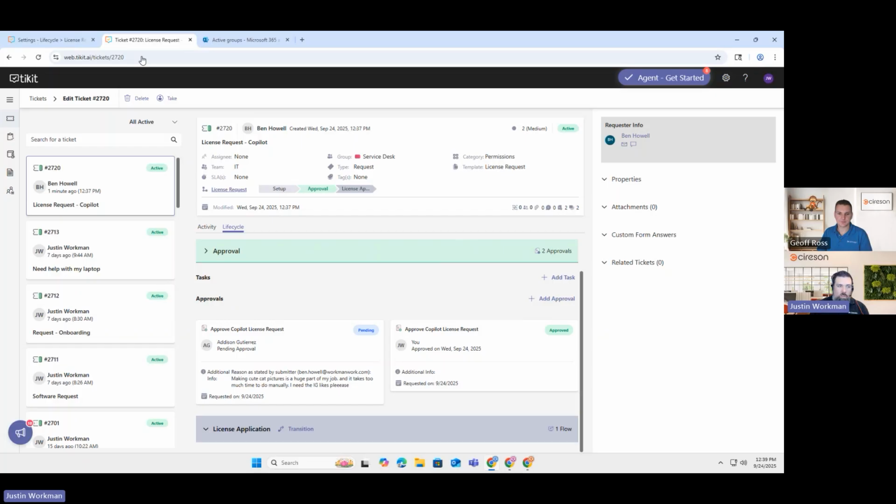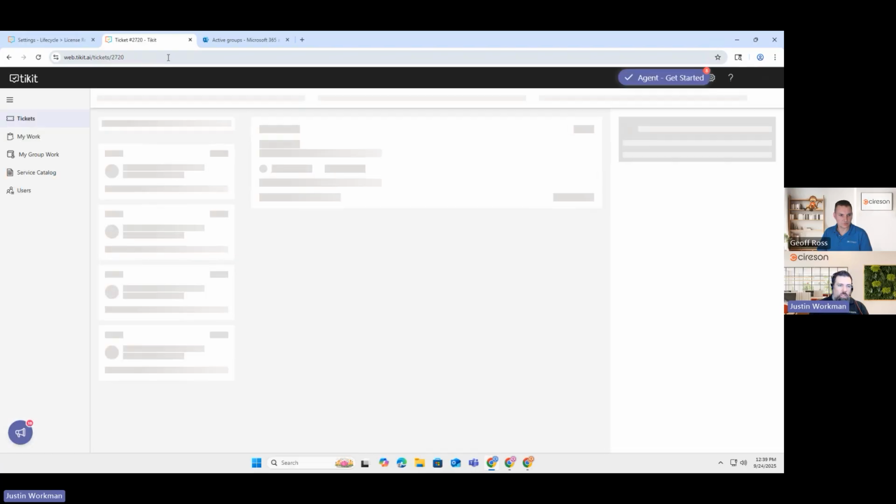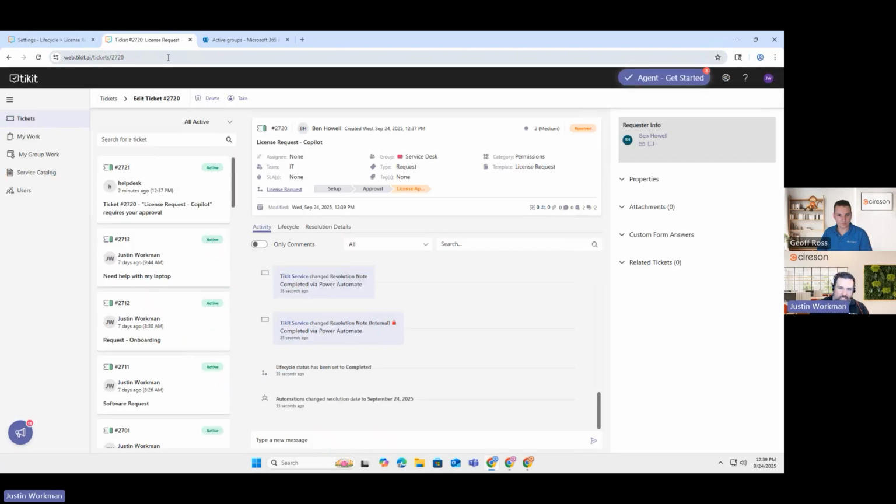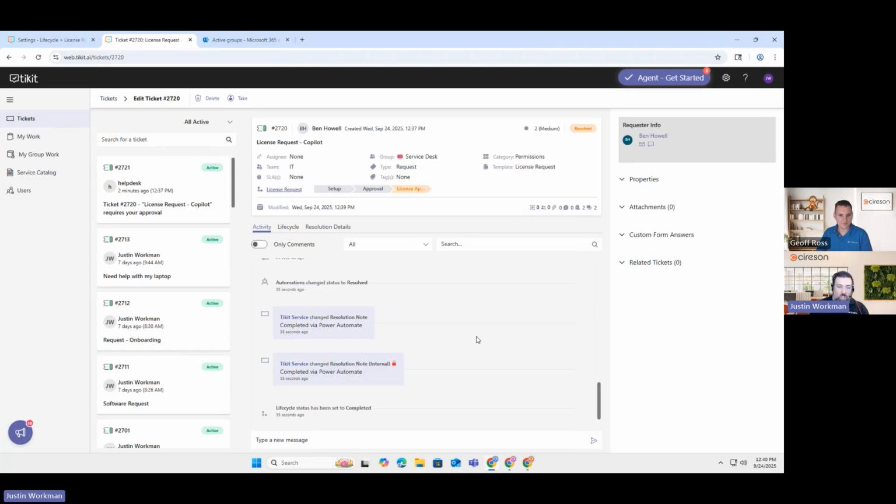There are several other ways to do that. If I hadn't approved it, which I just did, I could go to the request portal as an agent. I can go into my work as an agent and see the approvals that are assigned to me. I'm going to give this a quick refresh because I did approve off screen, and I'd be willing to bet that not only is approval complete, but yes, our ticket is resolved and the license application has also been